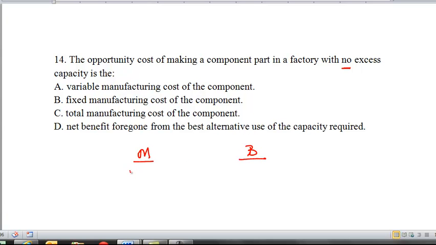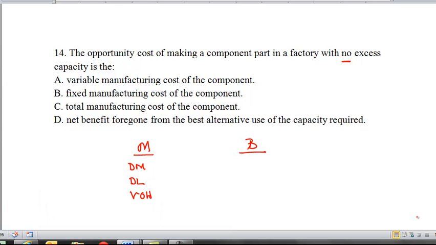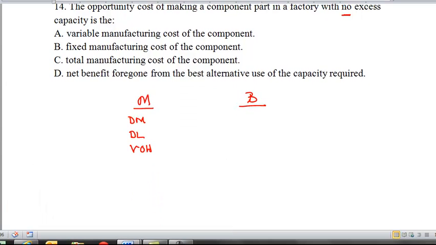And normally what you're looking at under make is what is relevant: your direct materials to make it, the direct labor, the variable overhead. So this cost is almost always going to be relevant. The purchase price is what's relevant under the buy part here. And the key is, if there is no excess capacity when you're making something, you are not going to take on